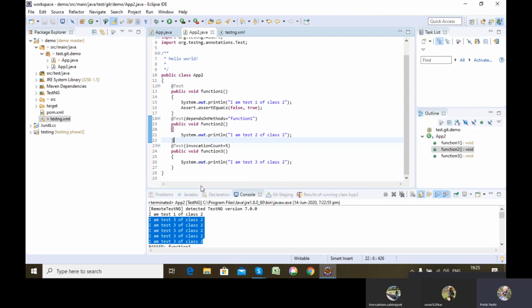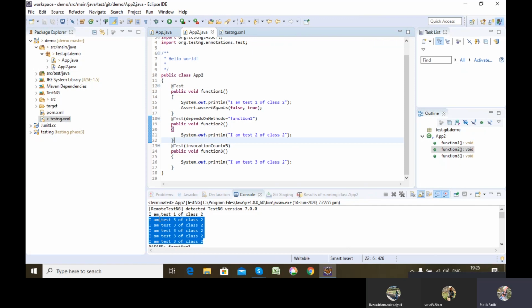Earlier I had to run all the tests in a single thread. So once one thread got over with its execution, then the next did its execution, and so on. Only a single thread was assigned and everyone was running one by one.